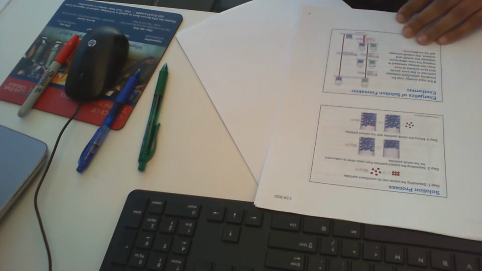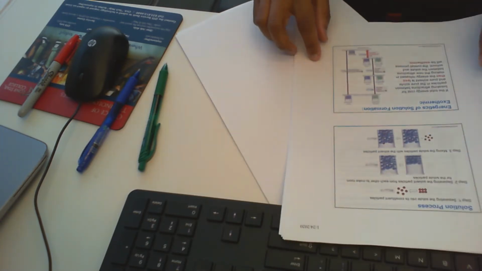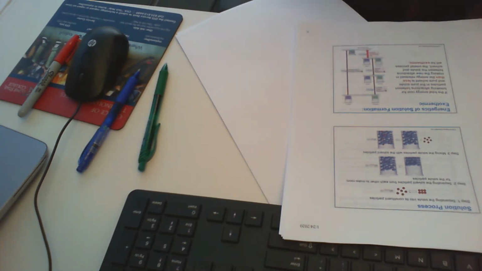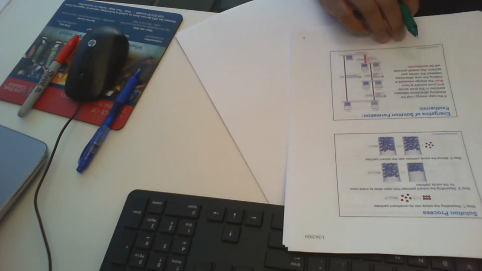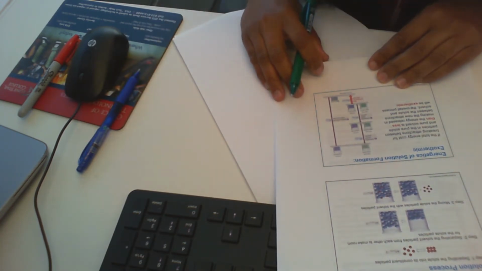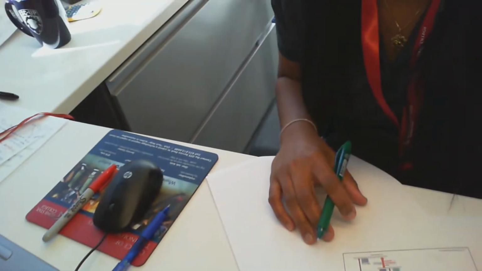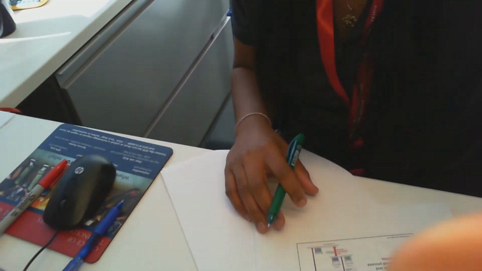So this diagram shows you a little bit of the energetics of solution formation. I gave you a short note for this chapter, which is very detailed about this concept, because this is important for you to understand. Since I'm here, I'll just show you more closely what I'm expecting. What is the meaning of it? So you see here,